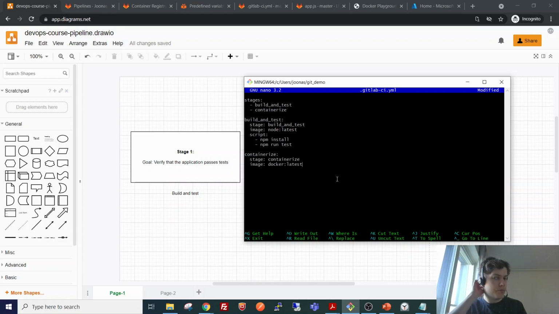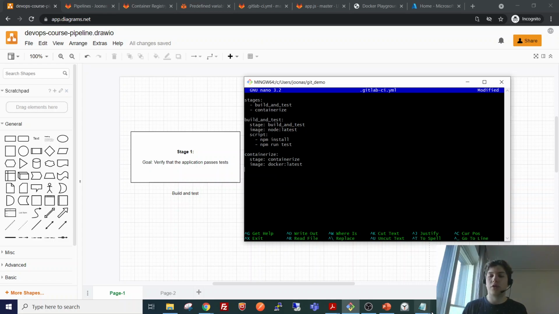Now the important thing to understand is that even though the pipeline runner is using Docker, Docker is not available as a command in the pipeline runner unless we specify it here as the image. So we are using Docker inside Docker, a Docker container that has Docker, I guess.